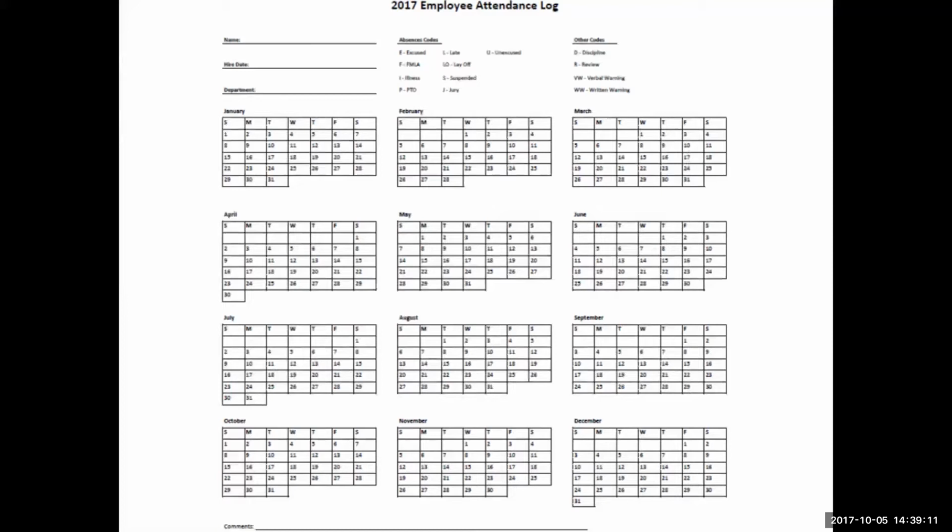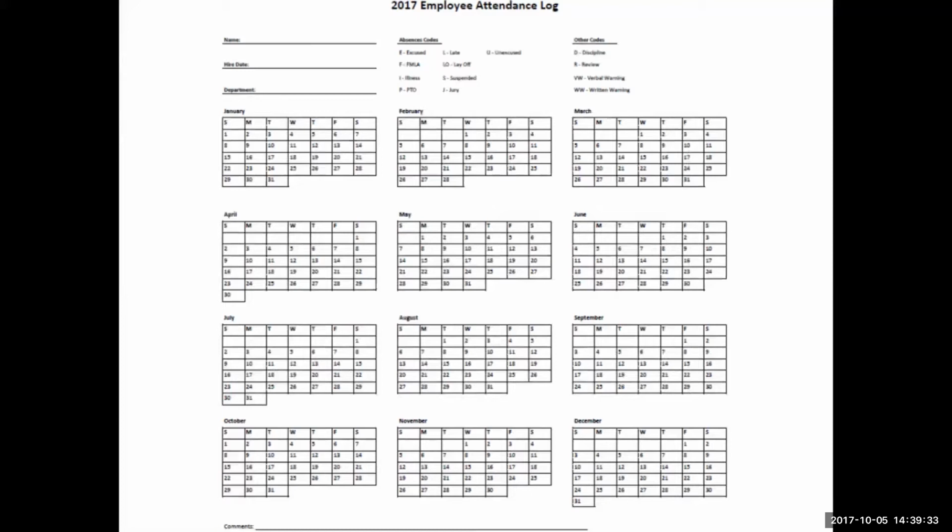This individual is going to be determined eligible for unemployment because illness is usually considered a situation beyond the employee's control. The state looks at it and says, it's not their fault, they're sick. They'd probably be there if they could. Therefore, if you discharge on an absence that has to do with illness, the individual will be deemed eligible for